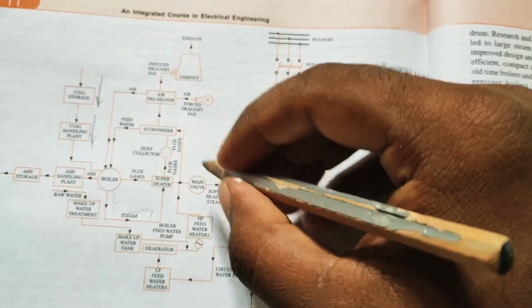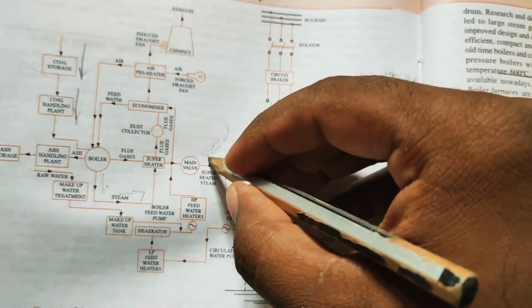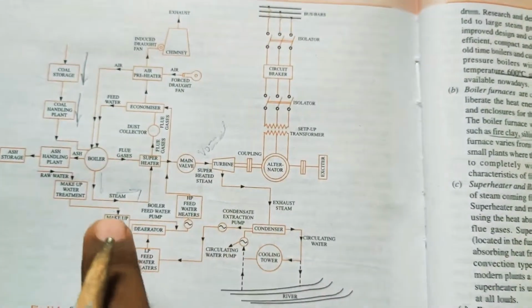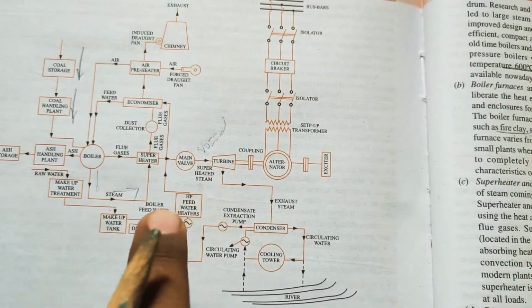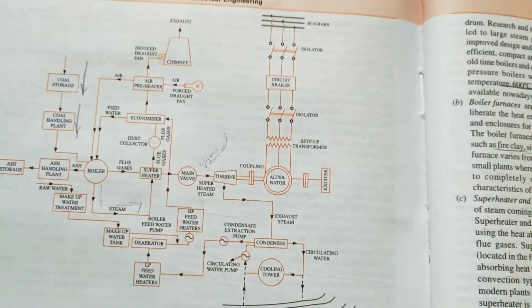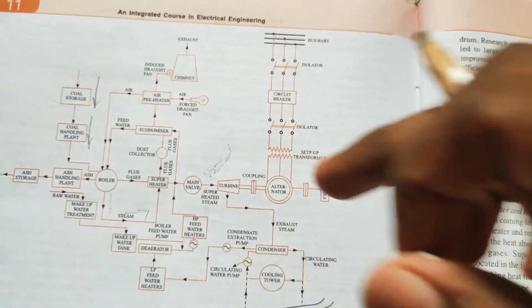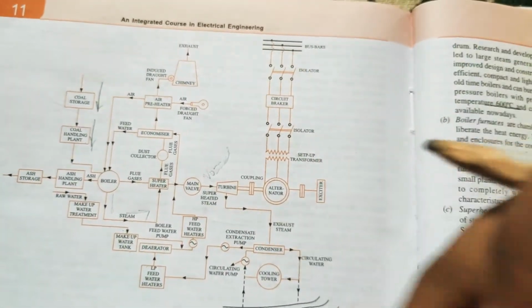In that main valve, a nozzle is placed. That nozzle will send the steam in a forced manner, and it will strike the turbine blades and start